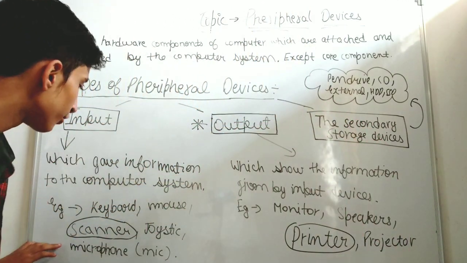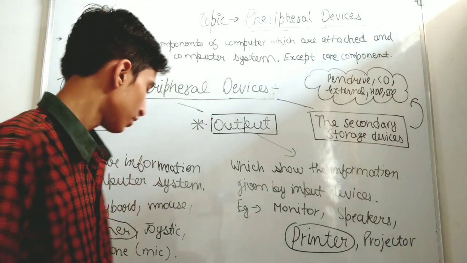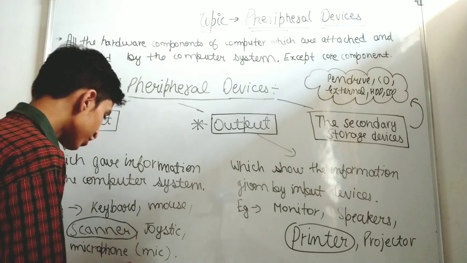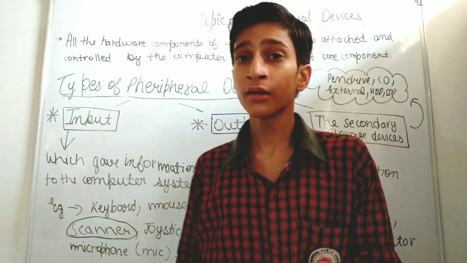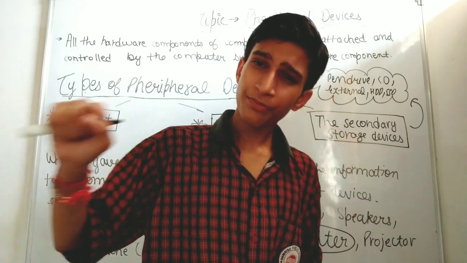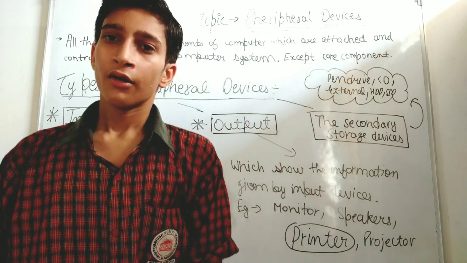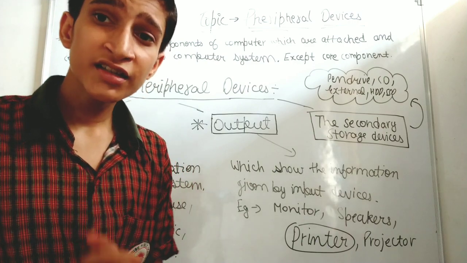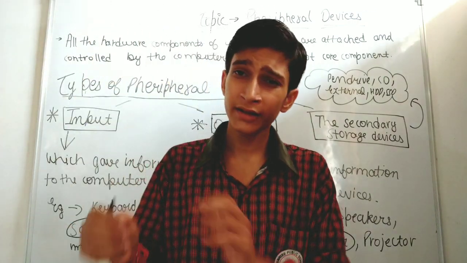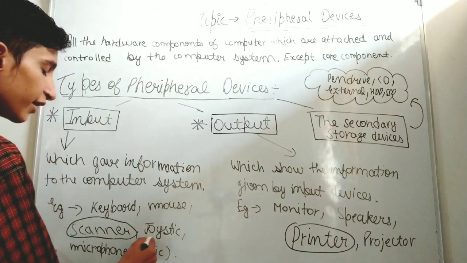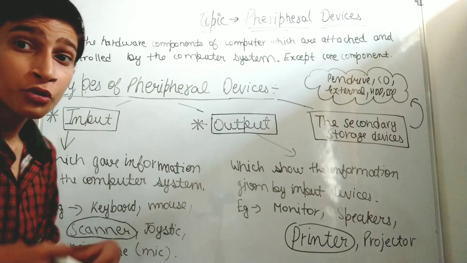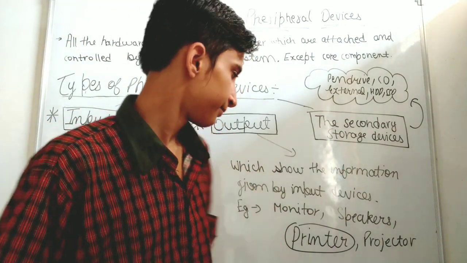Now let us go to the input devices we are speaking about. There are also two other main input devices. One is the joystick, which is used in gaming. For example, you are having a race game and you have a joystick. You press it forward and it increases the acceleration or the speed of the car, and when you press it back it decreases the speed of the car. It is also used in airplane devices. Another is the microphone, to record the voice.